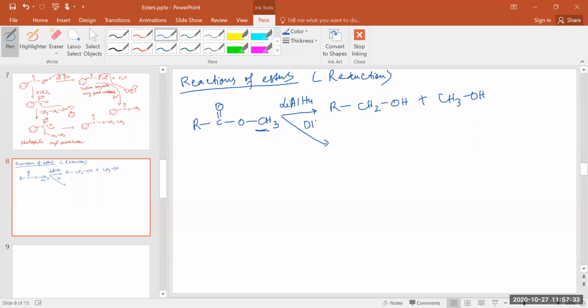Diisobutyl aluminum hydride. Okay, and that one, if you do it at negative 78 degrees Celsius, and we also discussed how we obtain negative 78 degrees Celsius. How do we get negative 78 degrees Celsius? Acetone